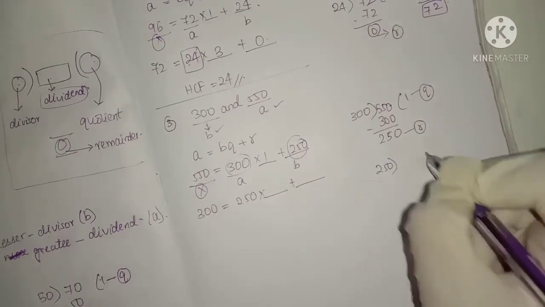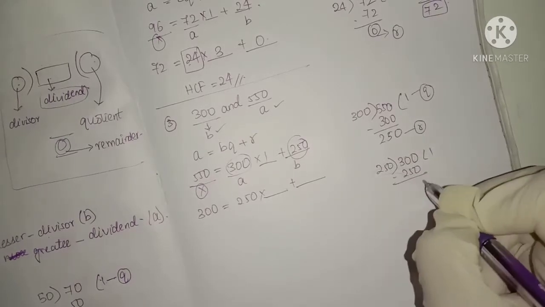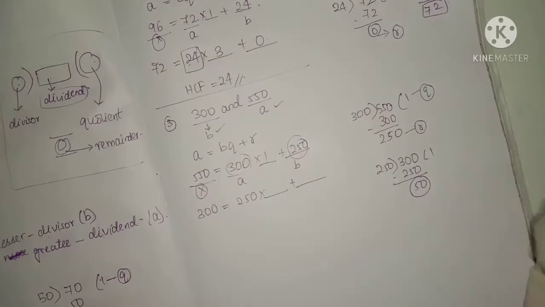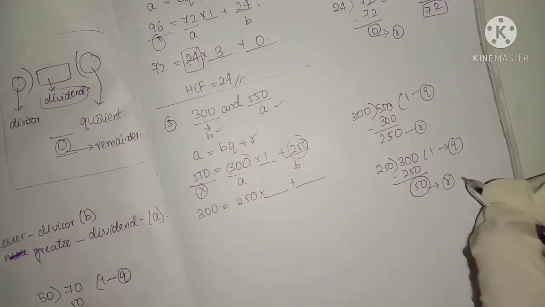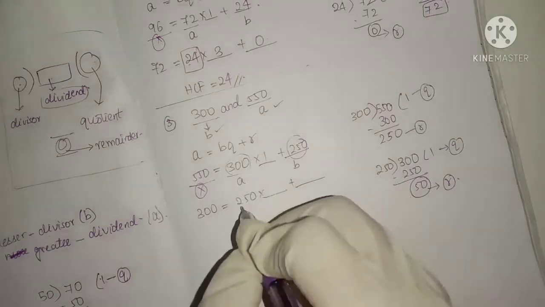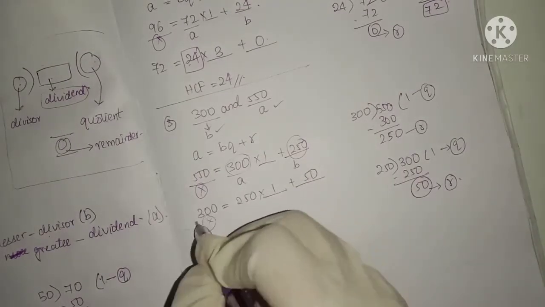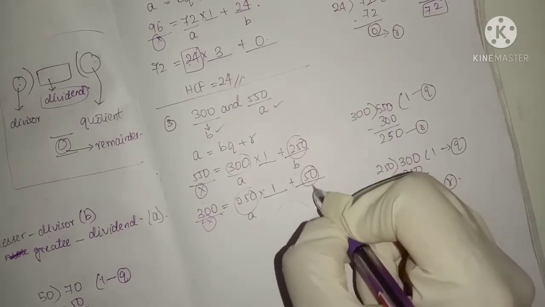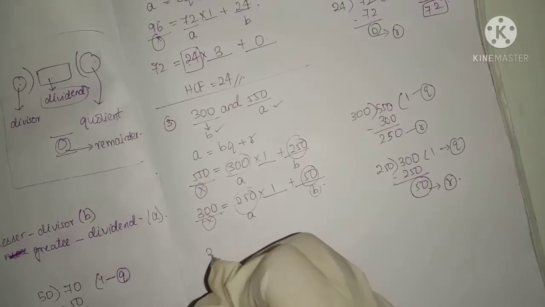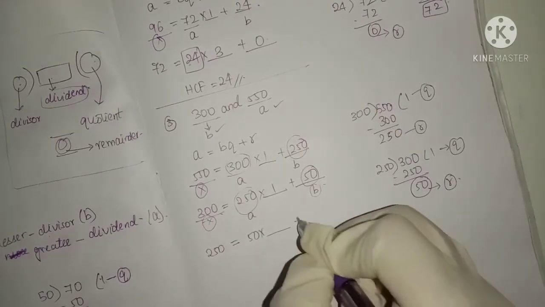So we will apply the division method. 1 time 250 and the remainder here is 50. The quotient is 1 and the remainder is 50. So let us substitute. Again we don't have any work with this. Take this as A, take this as B. So 250 equals 50 into quotient plus remainder.